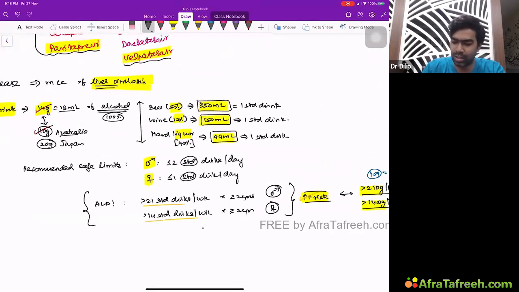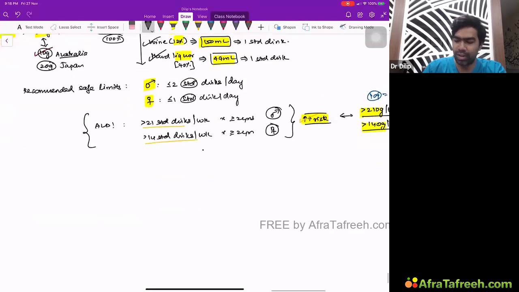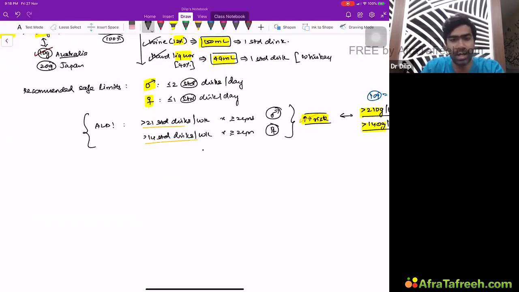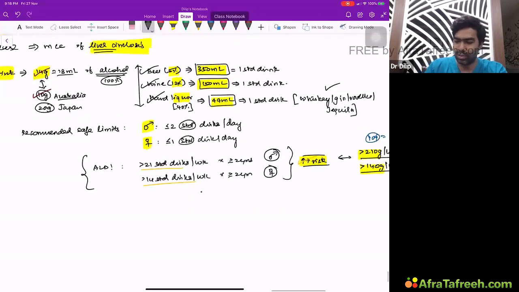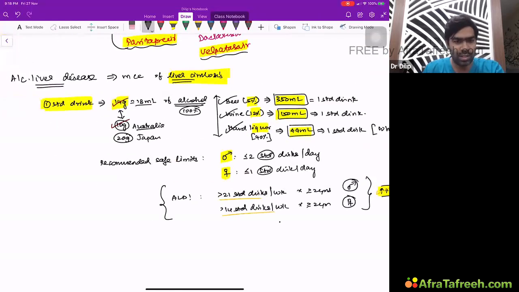I told you what is the amount of alcohol in different liquors. And what are the examples of hard liquor, by the way? Everyone knows that people are consuming alcohol. Many of the medicos do consume alcohol, so they have to know that. So you have whiskey, gin, vodka, and tequila shots. All these things come under the 80 proof spirits, or otherwise referred to as hard liquor. So they contain very high levels of alcohol. Nevertheless, this is the basics of getting an alcoholic liver disease in the first place.